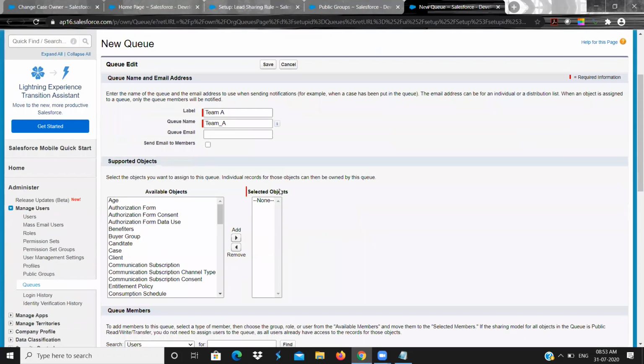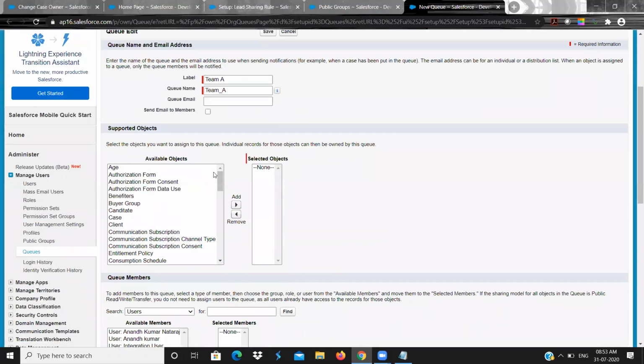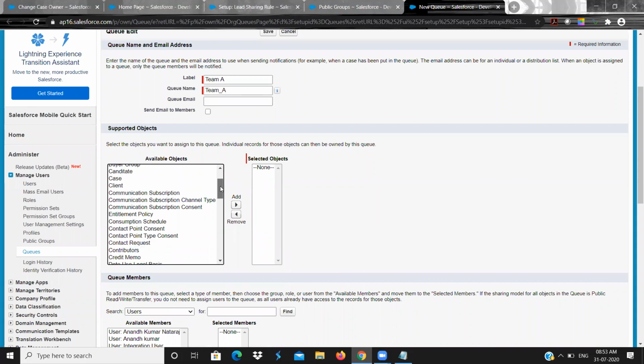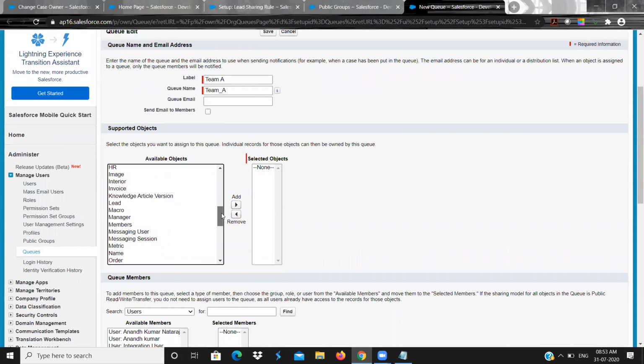Okay, to which objects this queue needs to be used. What are all the objects this queue needs to be used? So that one you need to select. For example, if I am selecting case object, let us say I'm going to use this queue only for case object.